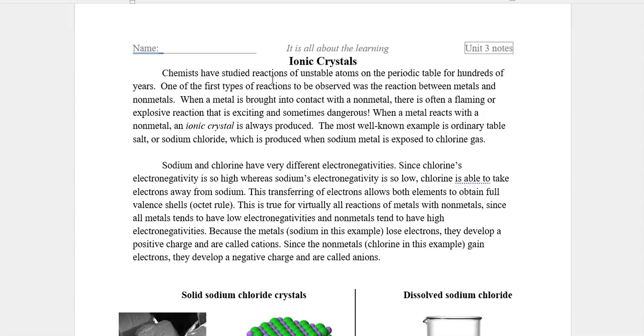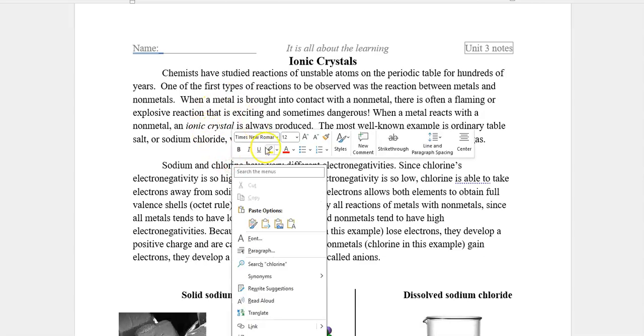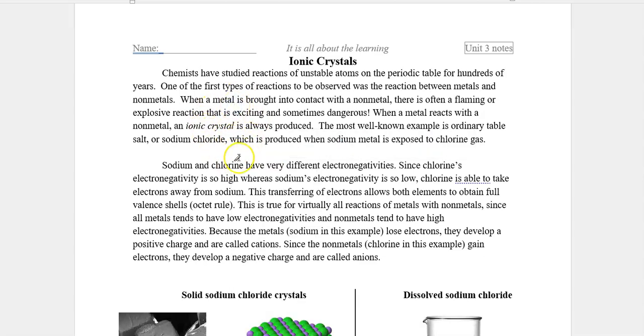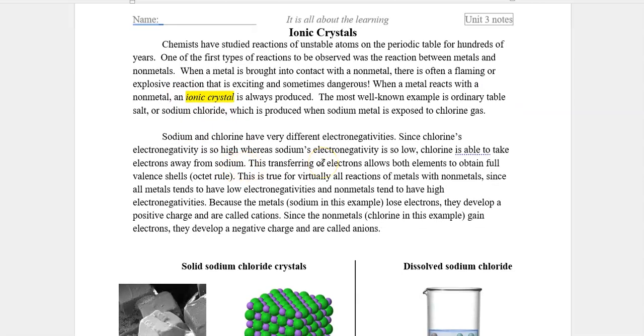Chemists have studied reactions of unstable atoms on the periodic table for hundreds of years. One of the first types of reactions to be observed was the reaction between metals and nonmetals. When a metal is brought into contact with a nonmetal, there's often a flaming or explosive reaction that is exciting and sometimes dangerous. When a metal reacts with a nonmetal, an ionic crystal is always produced. The most well-known example is ordinary table salt, or sodium chloride, which is produced when sodium metal is exposed to